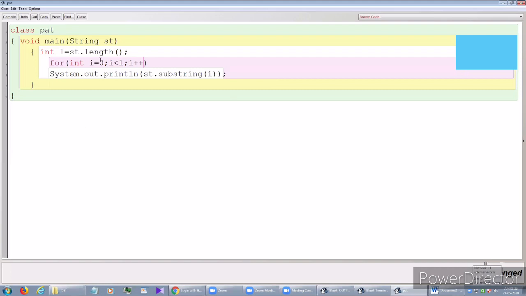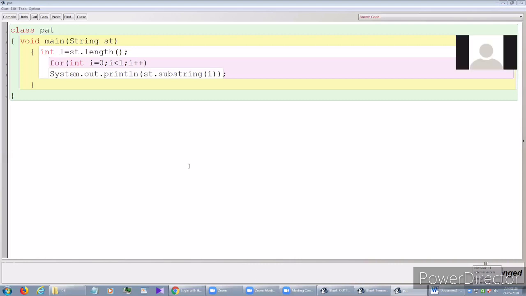So if I give input as India, we'll get India as left alignment, but I want right alignment as well. How to do this right alignment? That means we need to control one more loop.